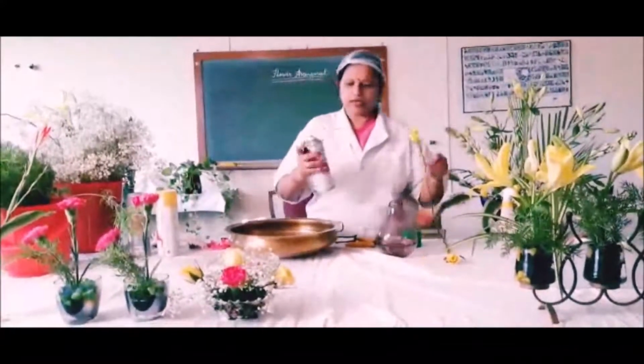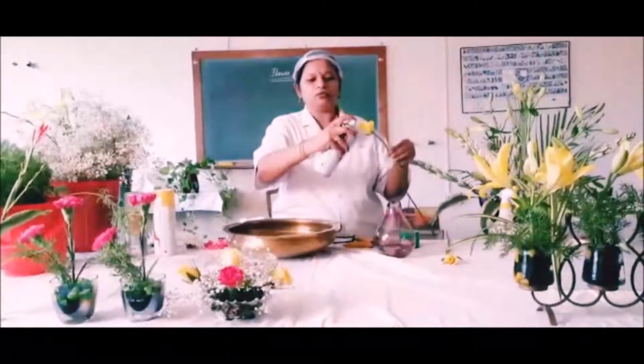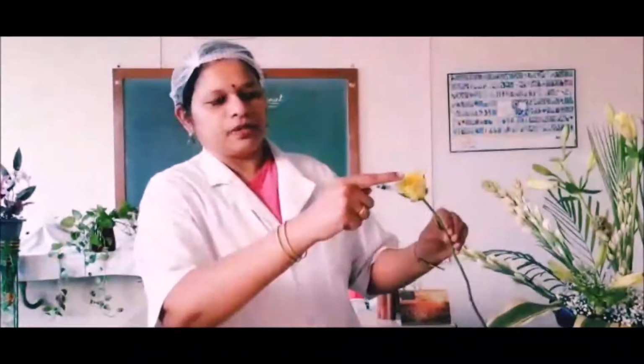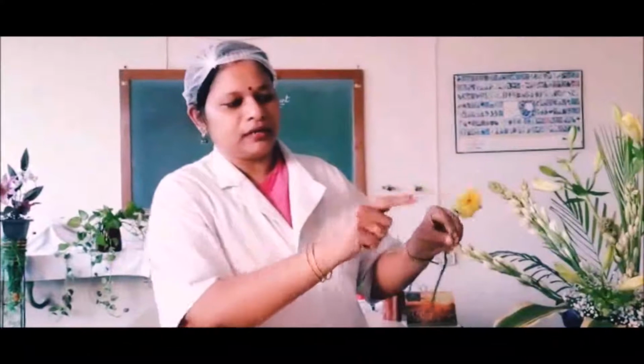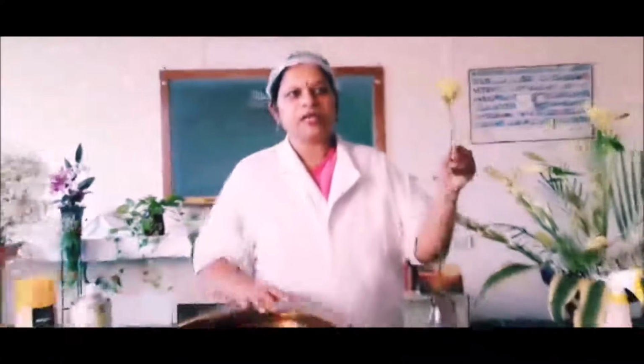Shake it, and this is a yellow flower, and try to spray it. This is the grey color, and the other spray that I have sprayed is a green color. So gold color, green color, and grey color. There are three choices that we can choose according to our use.